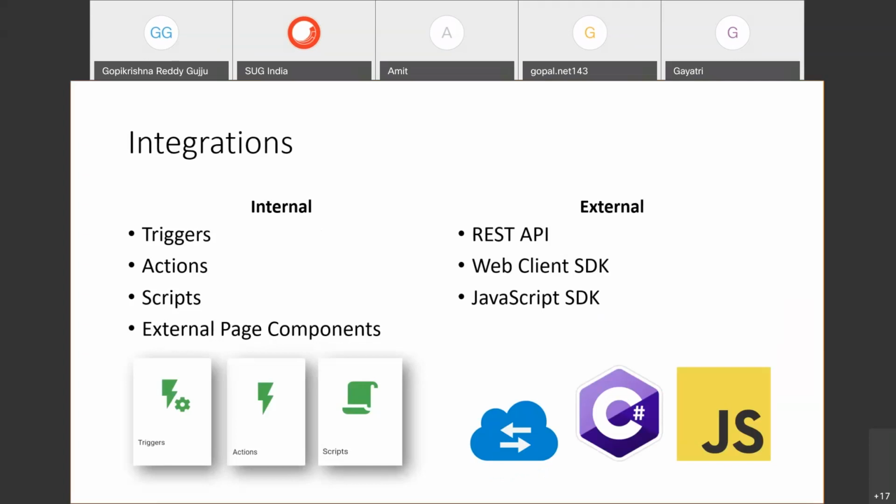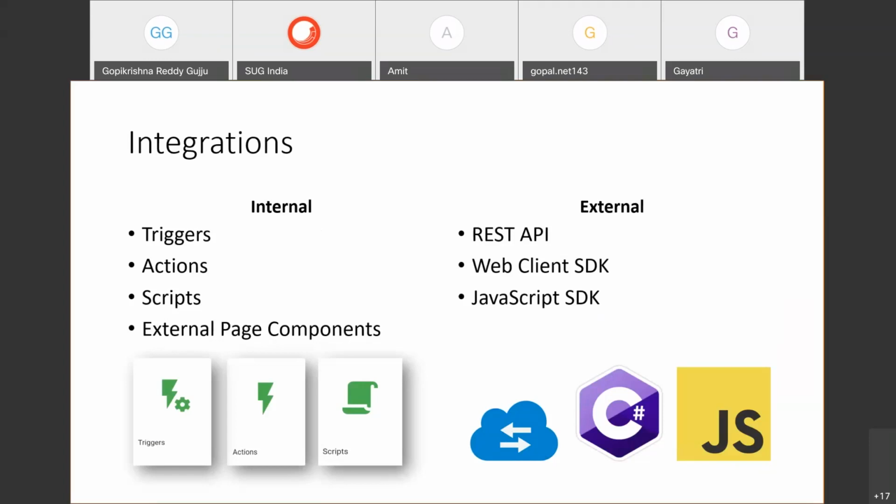As Sitecore developers are predominantly .NET developers, we can prefer this, because with the REST API quite a bit of work is needed, but with the Webclient SDK all these things are wrapped and abstracted. We are only playing with C# classes, and those interfaces are abstracted from us.